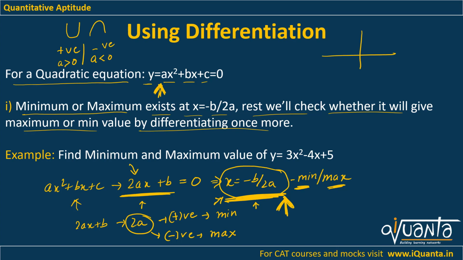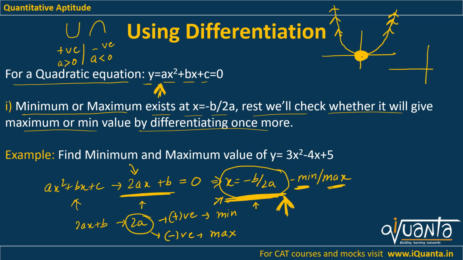So if you have a graph like this, it can go anywhere, up till infinity. If the graph of a quadratic equation is opening upwards, its maximum will be infinity, because this graph will keep going upwards, right? Its maximum will not be defined. It will be plus infinity. But for such a graph, we will have the minimum which occurs at this particular point, the bottom of this graph.